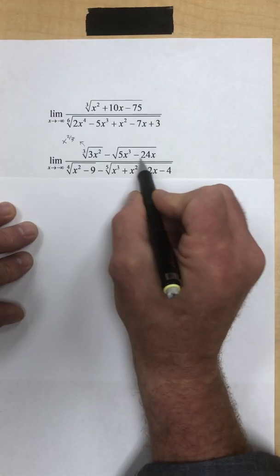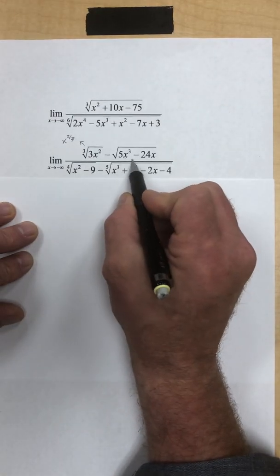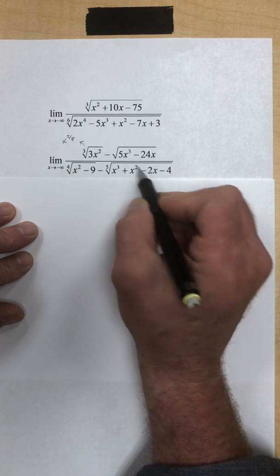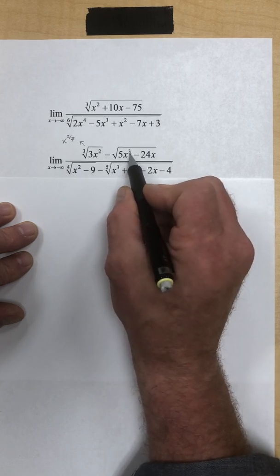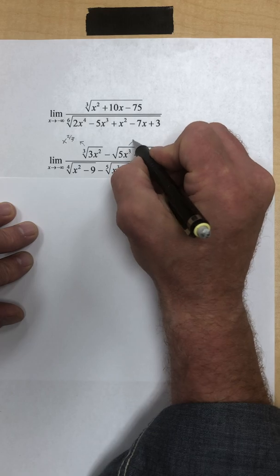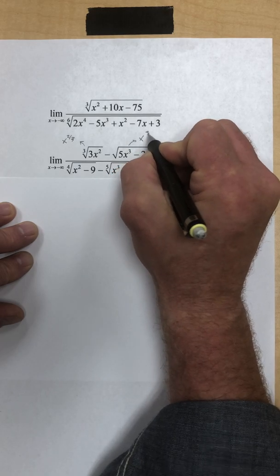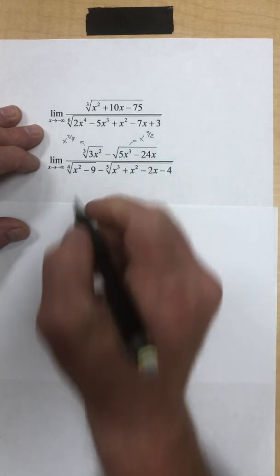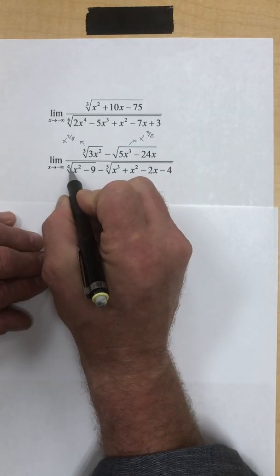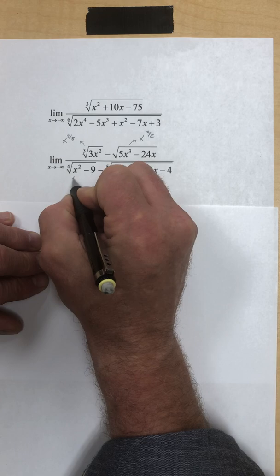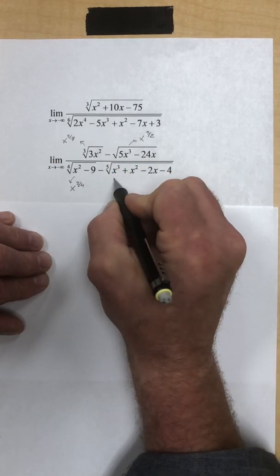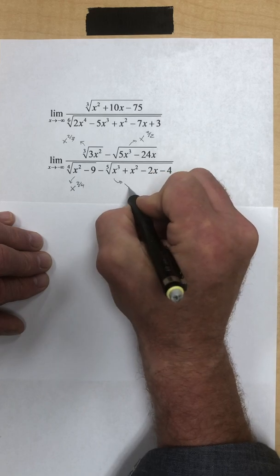This one right here, and remember, the terms are in decreasing order of degree, so it's determined by the first one, would be like x to the 3/2. This one would be like x to the 2/4. And this one right here would be like x to the